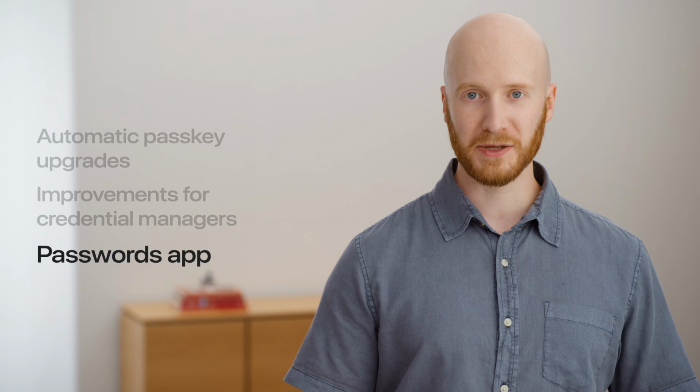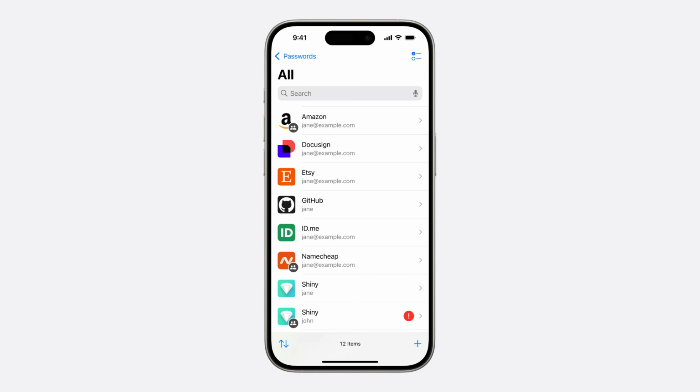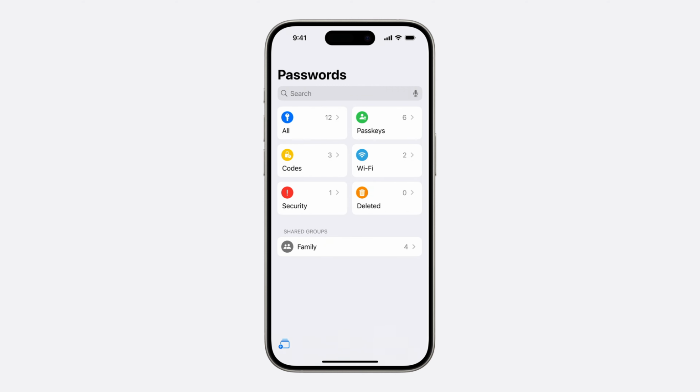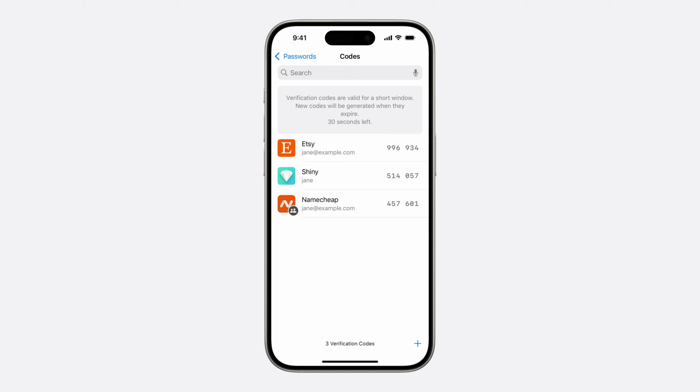Finally, I'll talk about the Passwords app, new in macOS Sequoia, iOS 18, and visionOS 2. In the app, your website's name and icon are in the spotlight, showing off its personality. And if you want to change how your website and app are displayed, there are existing standards-based ways to do that, which I'll cover in a moment. Backing out to the top level, there's a passkey section, which highlights apps and websites that have adopted phishing-resistant sign-in. And there's a section for verification codes, which makes it super easy to look up and copy a code just like a dedicated authenticator app.